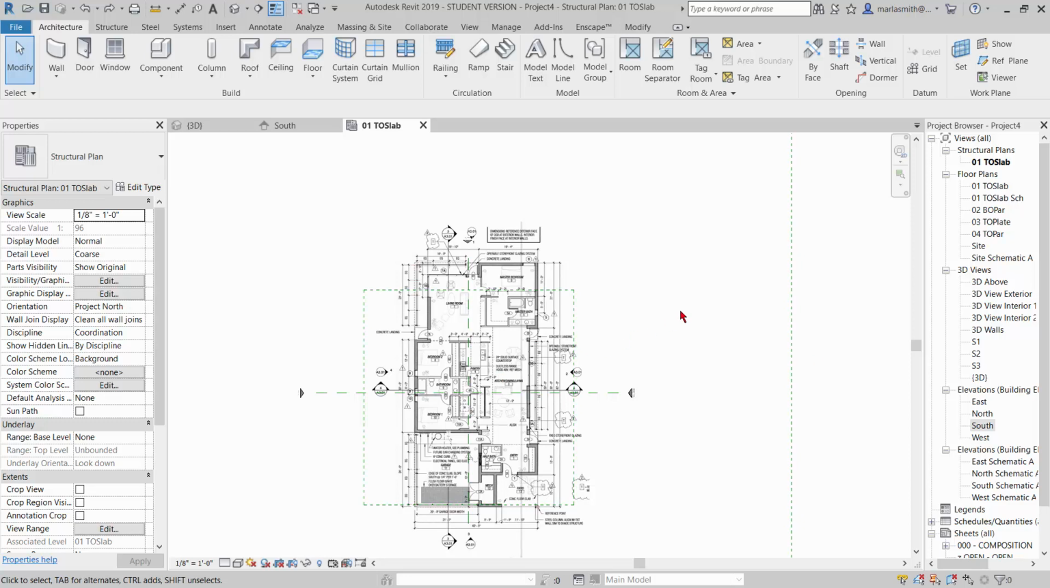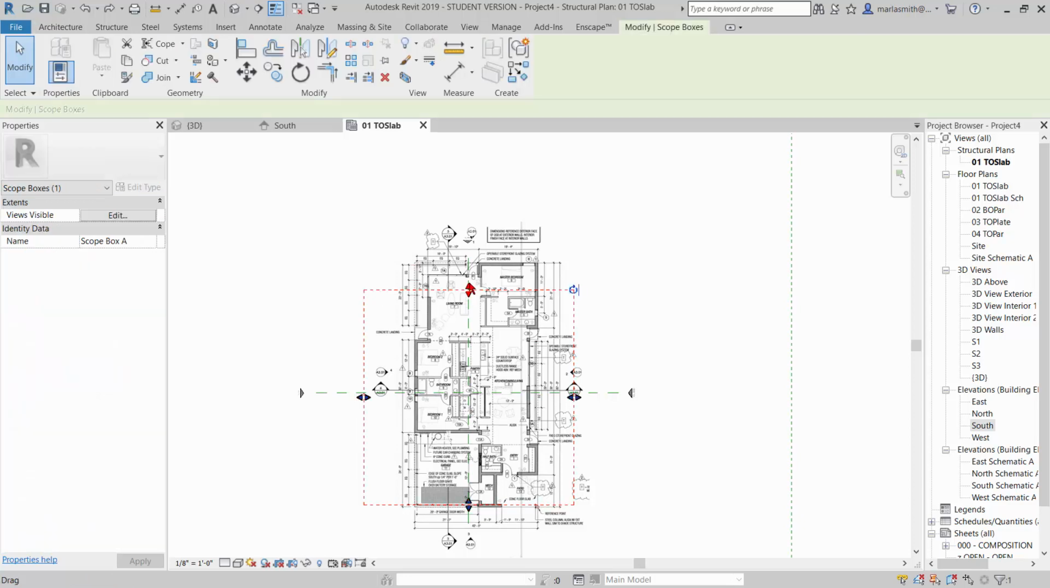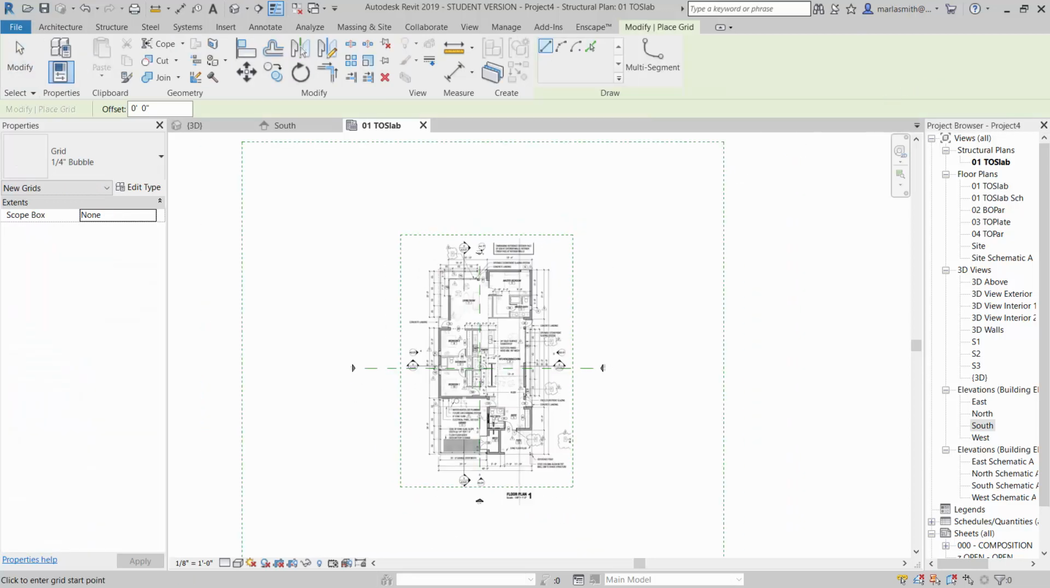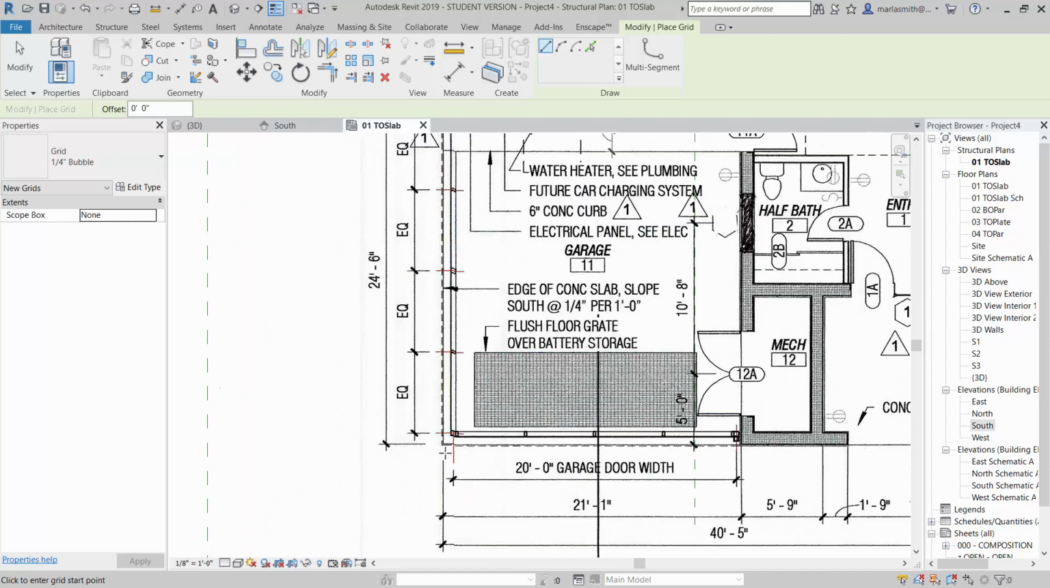Alright, so the next thing we're going to do is add the grids. First thing, I'll just make sure my scope box is pulled up out of the sky. Give me a little bit of extra room there. It's not in my way. So what we're going to do is use grids to locate the walls and stuff, so it'll be a lot easier. So architecture grid. So go to your architecture grid, and I'm going to come down to the bottom left,